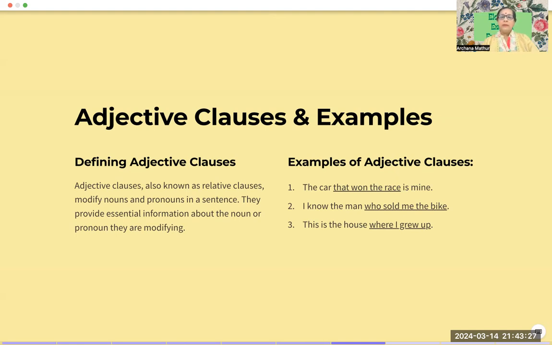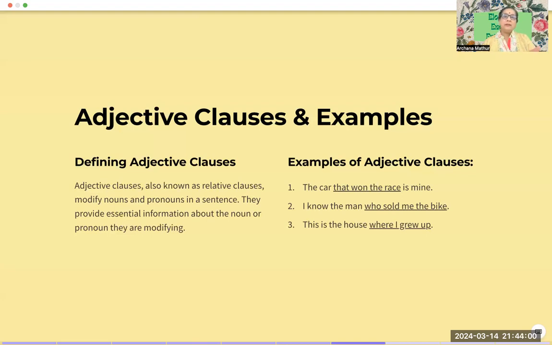Third example, this is the house where I grew up. So again, where I grew up is substituting adjectives like huge, very big, sprawling. So this is a sprawling house, this is a huge house, this is a beautiful house. All of these adjectives can be replaced by this clause, where I grew up. So this is an adjective clause. Whenever we are confused, we just need to see with what particular part of speech we can